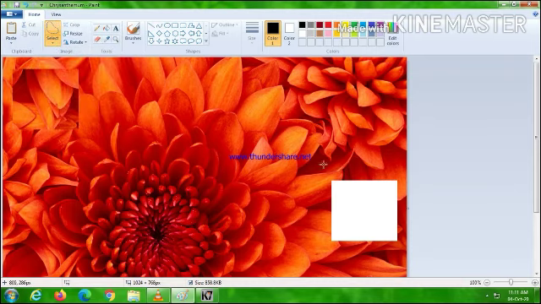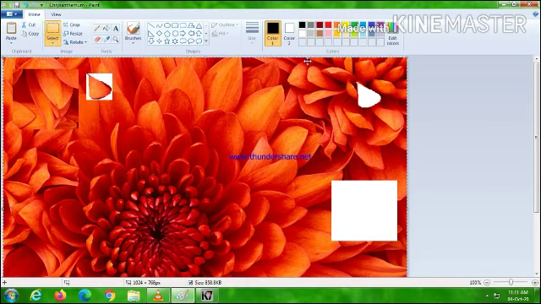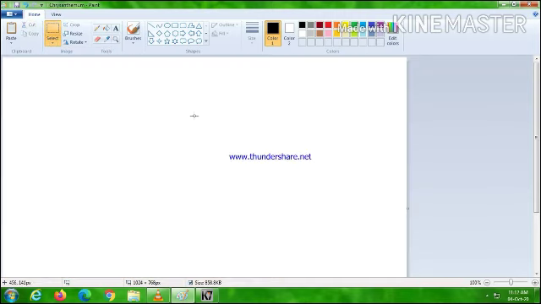This is freeform selection. We can select any particular part freely using this tool. After selecting the particular part, choose cut and paste option. Next let's see select all tool. Just click on the select button in the image group, then click on select all tool. The whole picture is selected now. Now you can choose cut and paste options.